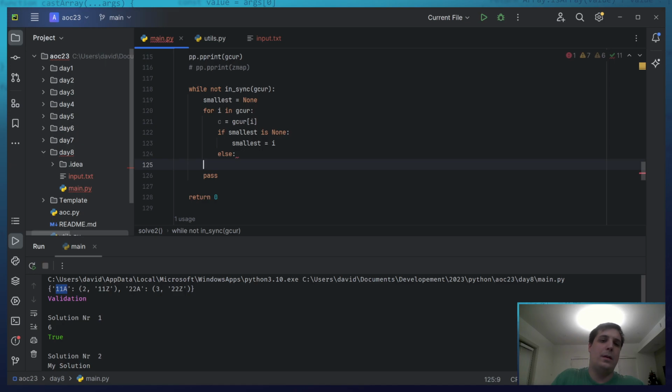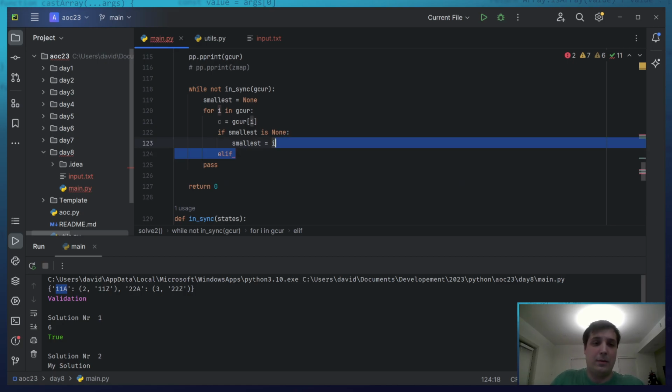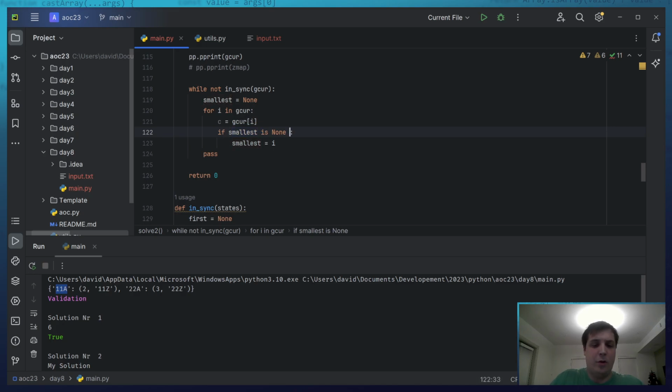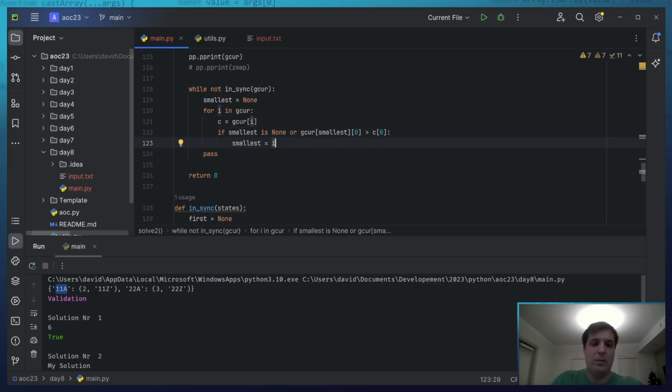Else, elif, actually, if it's either none or G cur of smallest of 0 is bigger than G cur of C of 0, then smallest is I. Okay, yes.